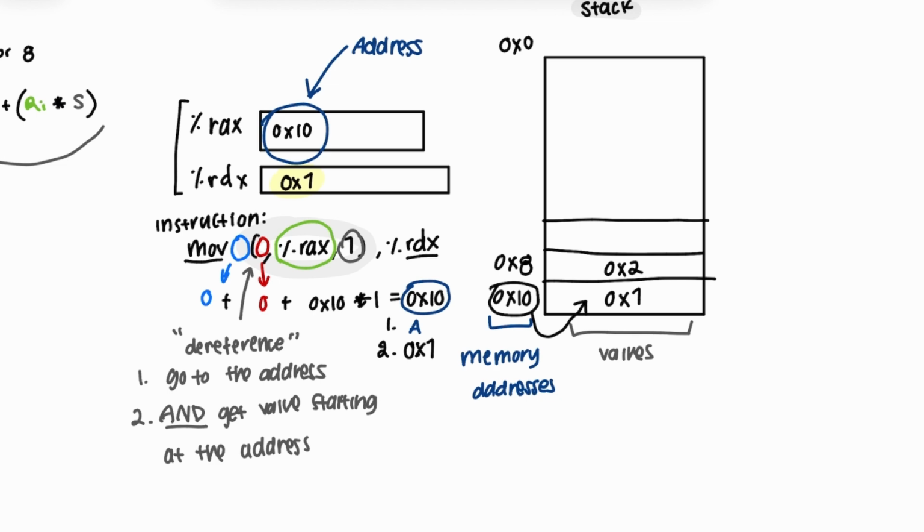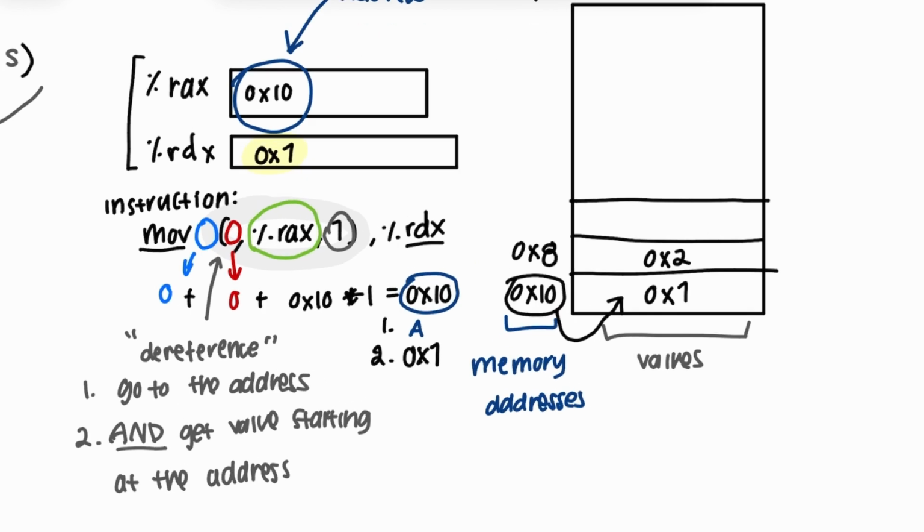Notice how it's not enough to just get the memory address and put it into RDX. What you need to do is get the memory address and get the value starting at that address. This is just a small example